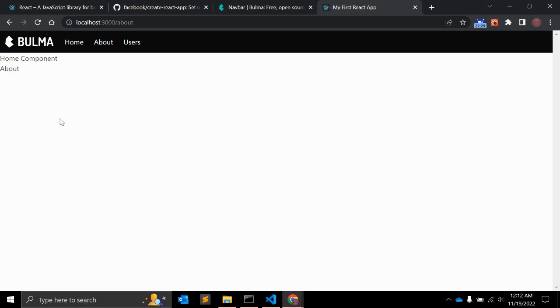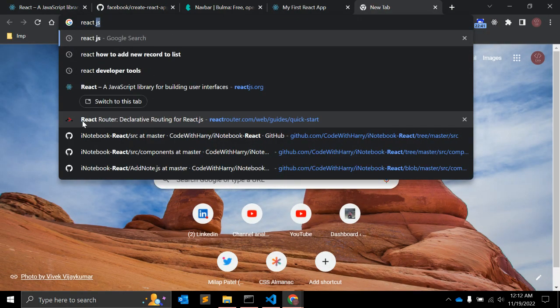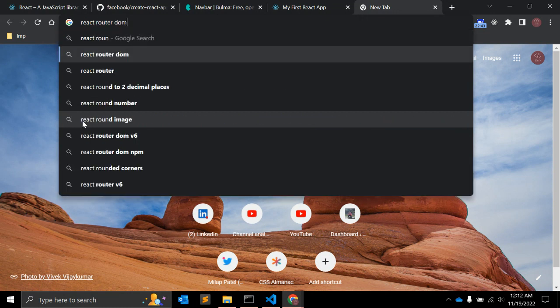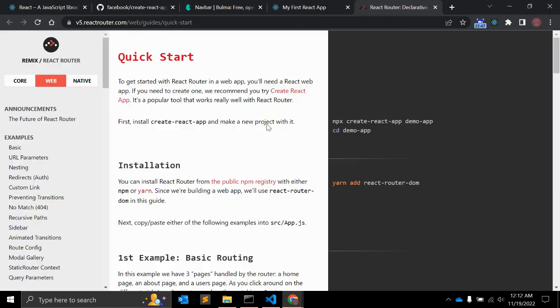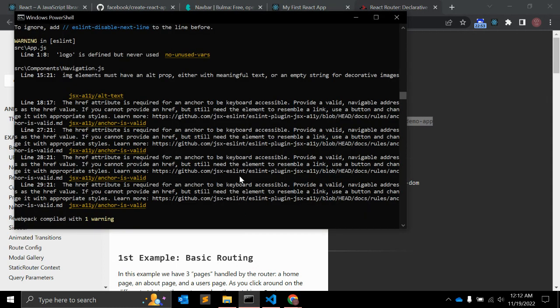To make sure this is working, we need to use one React package. The name is React Router DOM. There are multiple packages in React, but this is a very popular one, and you can use it easily. So to make sure it is working, first of all we need to